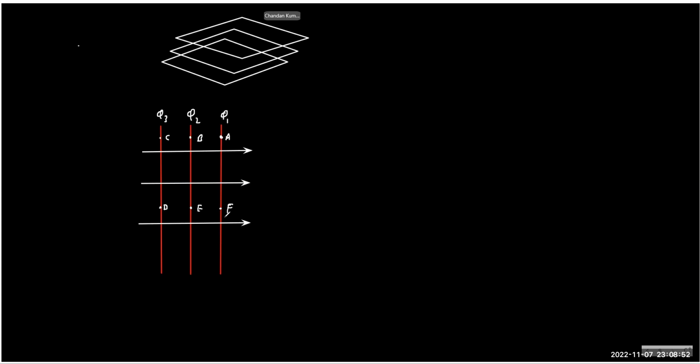The answer is no phase difference. So the phase of A is the same as the phase of F. In fact, every point on the same wavefront will have the same phase, isn't it? Now the next question is: